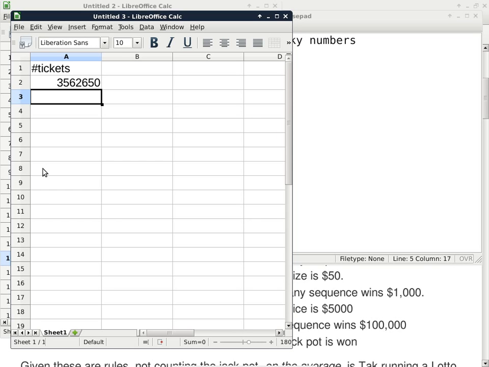Are there any questions about this, or does anyone need clarification about how this number is calculated? No questions? This is all good? Okay. So out of these many tickets, how many jackpots do we get? One is going to be a jackpot. So we say the number of jackpots is going to be exactly 1.